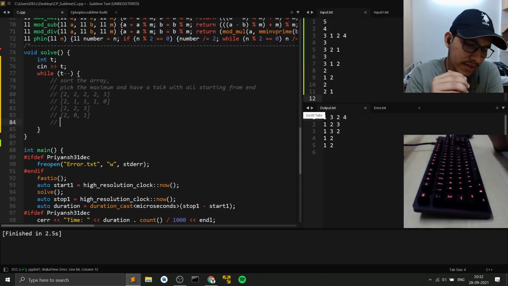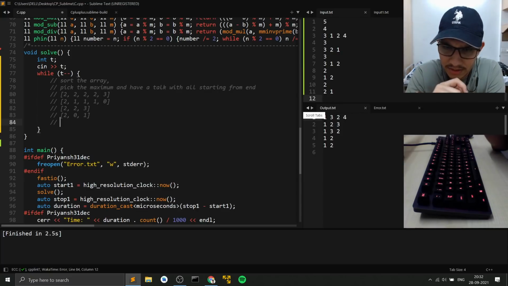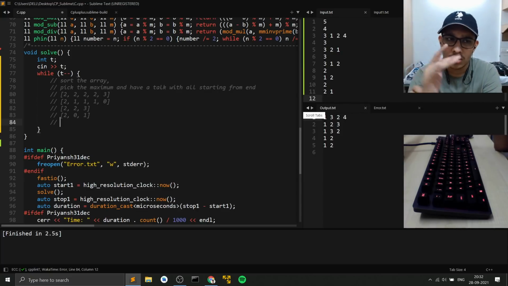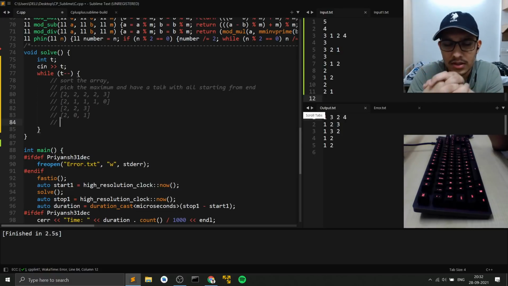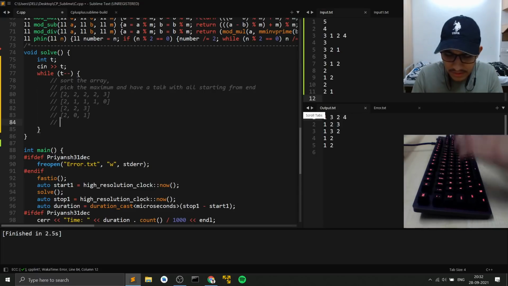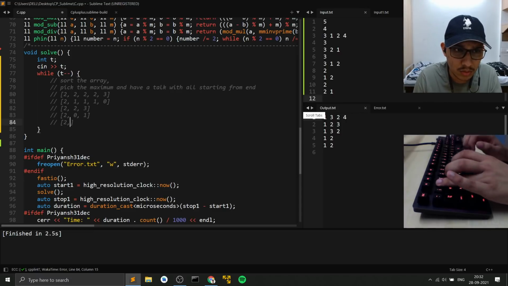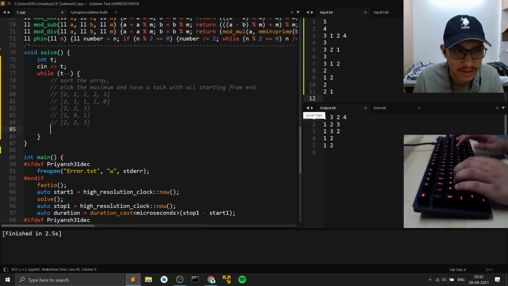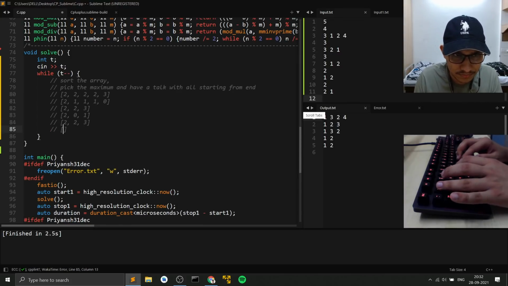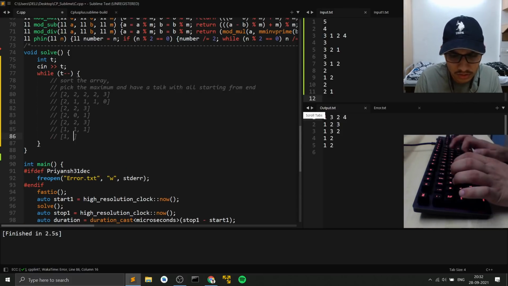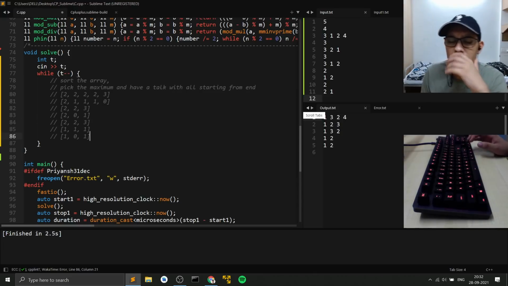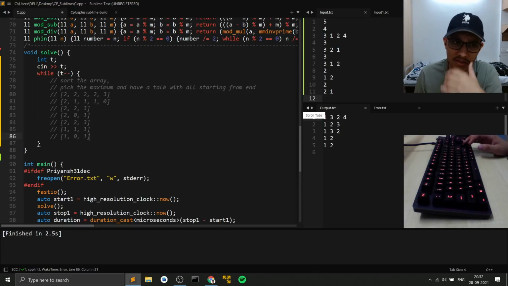Now the question is, how should I distribute? If I am taking the person with the maximum AI, how should I distribute this AI amongst all the other elements? Should I just pick up the second maximum and remove as much as I can? Or what should I do exactly here? So if I try to do something like this, I have 2 comma 2 comma 3, and I remove this 3 from all the other elements. For example, I can do this. I have 1 comma 1 comma 1. This would become, and then I can have 1 comma 0 comma 1. So I mean this also works here, but